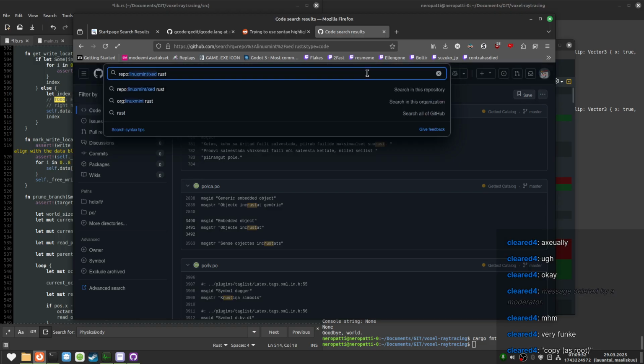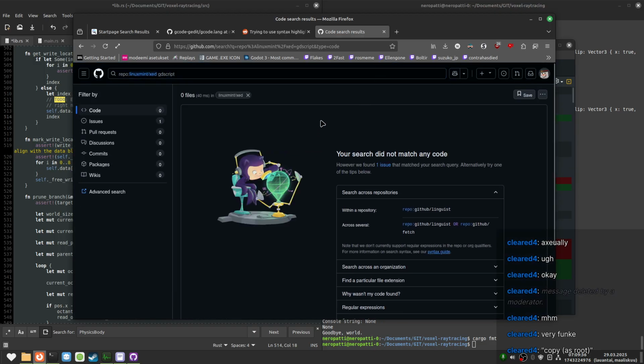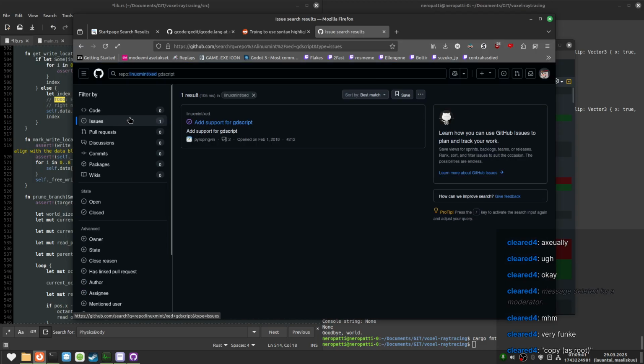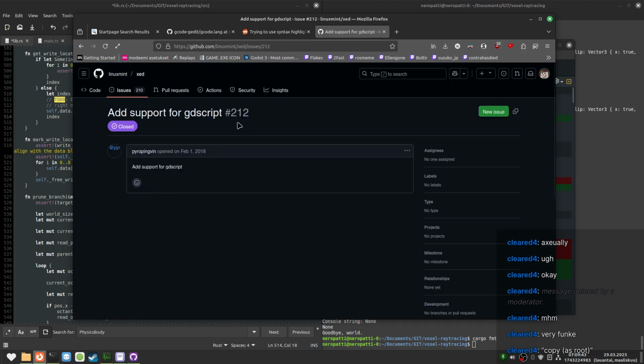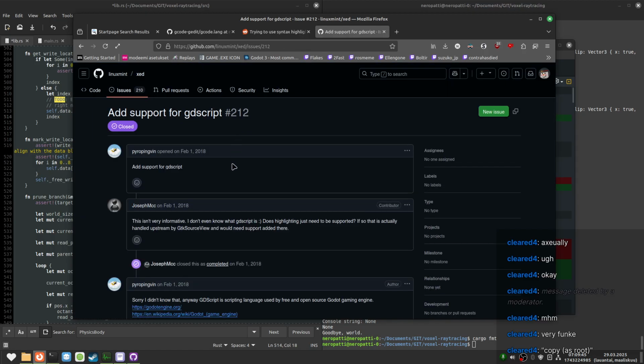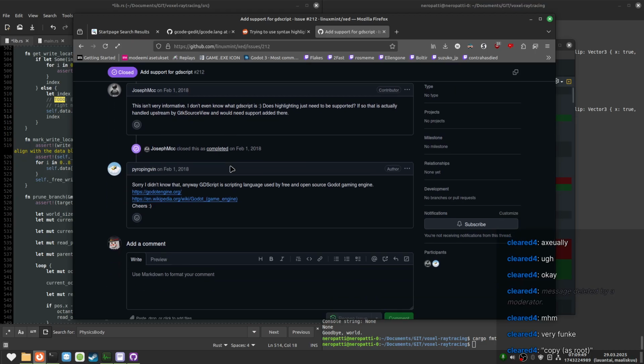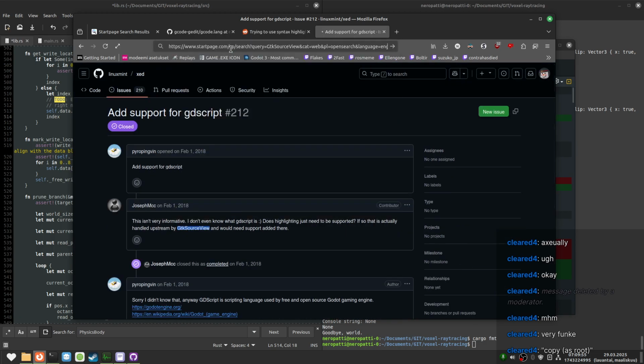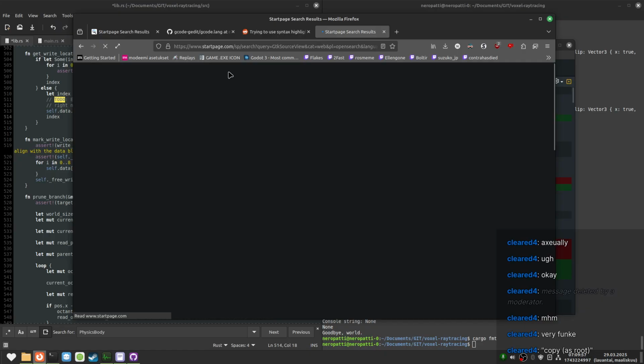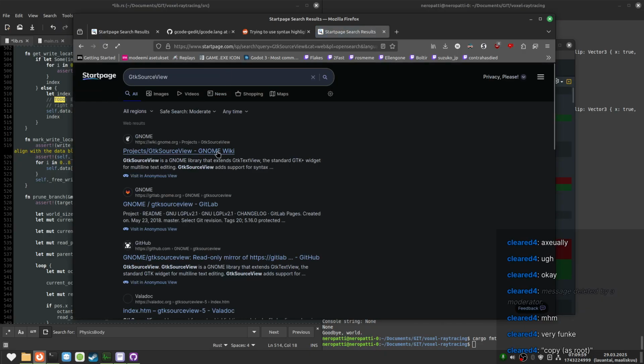Let's search for GD script, because that should probably be a string that's only... Okay, we have one issue. Add support for GD scripts? GTK source view. Look, it doesn't handle that.